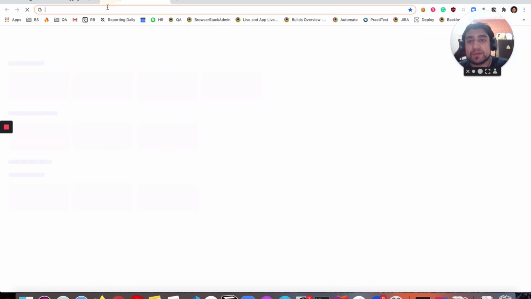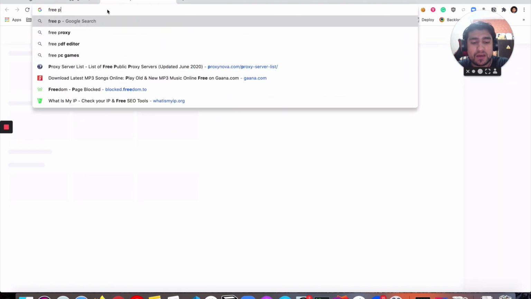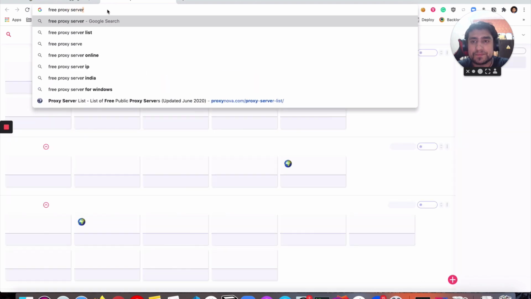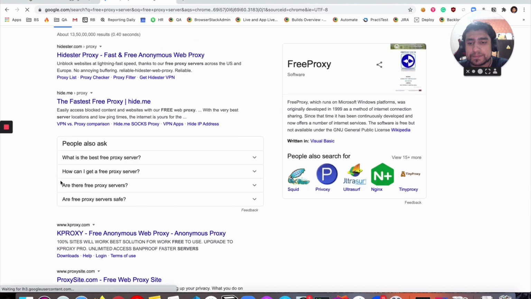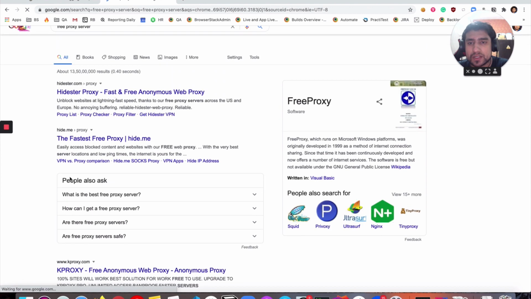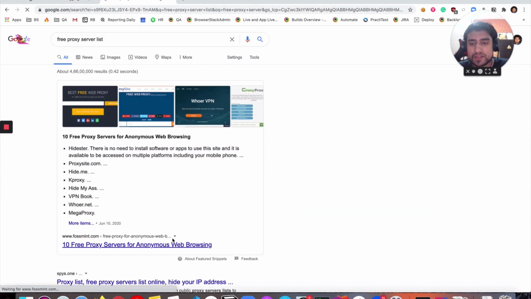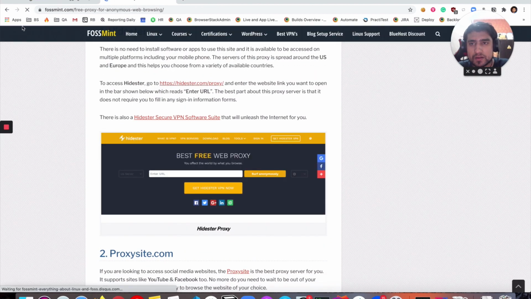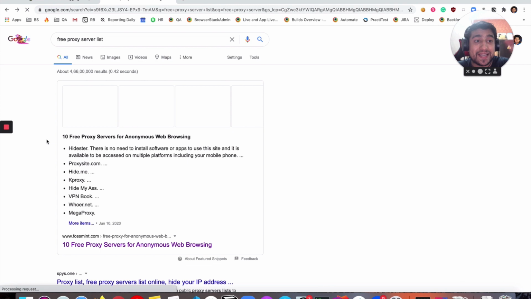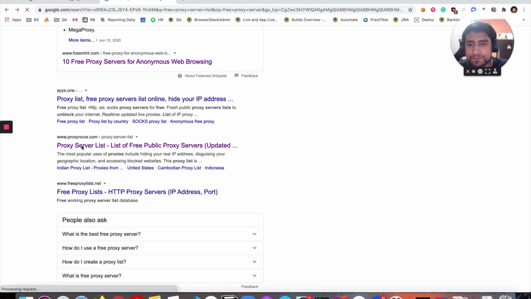You can find free proxies if you Google free proxy servers. You will find a bunch of lists that you can connect to. Let's open Proxy Nova.